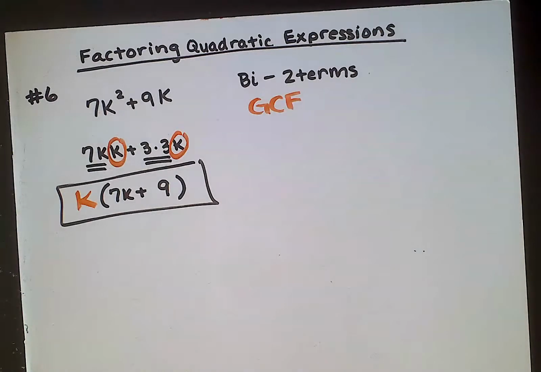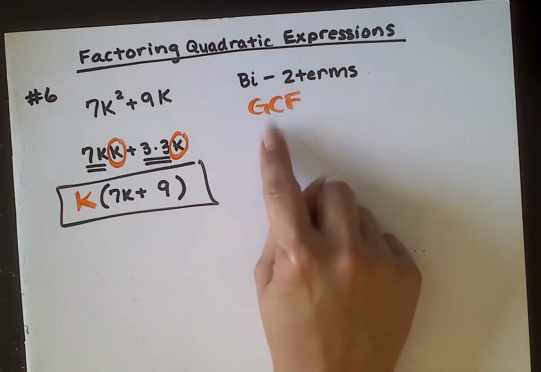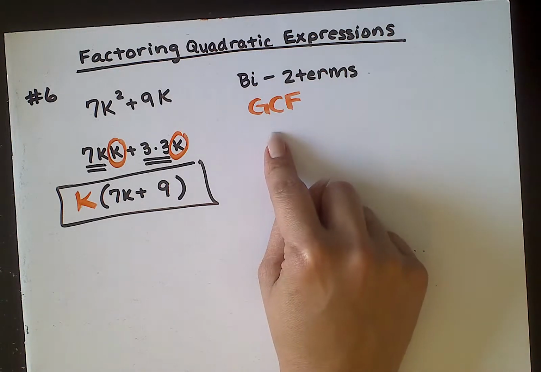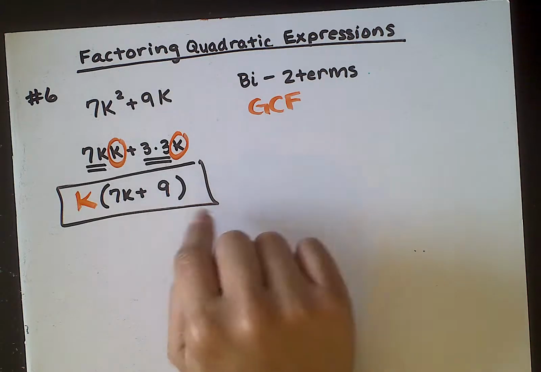Now numbers 5, 7, 8, 9, 10. And it looks like all of the backside. All of those you would use page 35, your factor by grouping. Always double check though. Check to see if you can factor out a GCF. If that is possible, pull that out first and then deal with the rest.